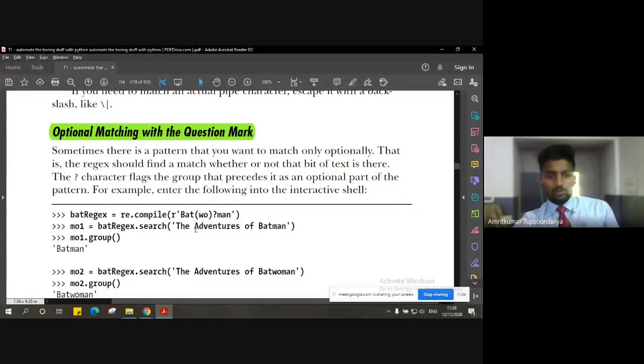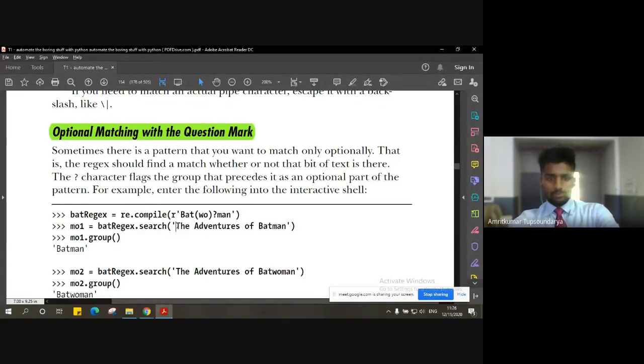So in our main string, whatever we want to search, irrespective of whether wo is there or not, it will print the result. Even if there is just Batman present, it will give you the result, and when there is Batwoman present, even then it will give you the result. So it's quite evident, I think you understood it. So it's optional. Both ways it is going to execute.